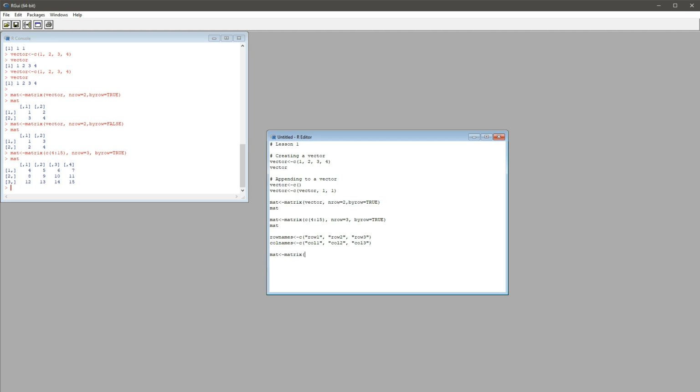And then what we can do is matrix, c(1:9). So that should be 9 numbers. And then nrow will equal 3. byrow will equal true. And then dimnames will equal list(rownames, colnames). And if we give this a cheeky run,